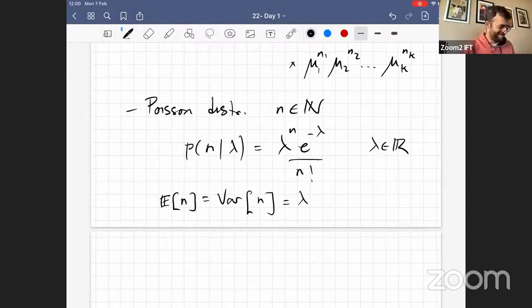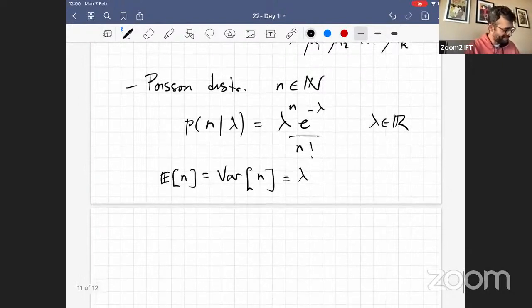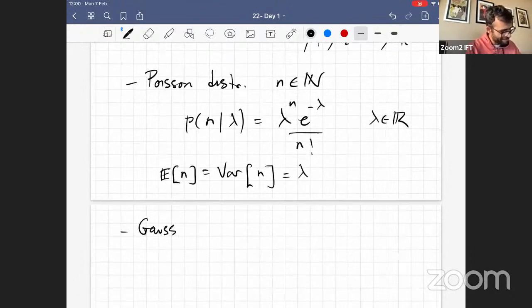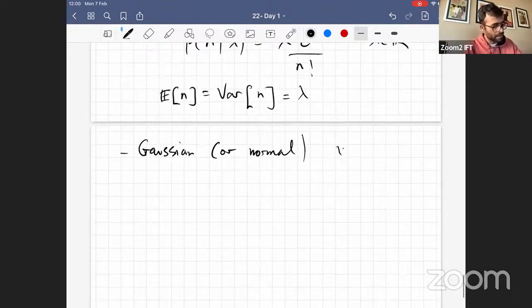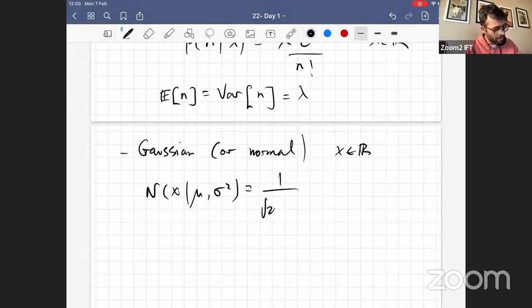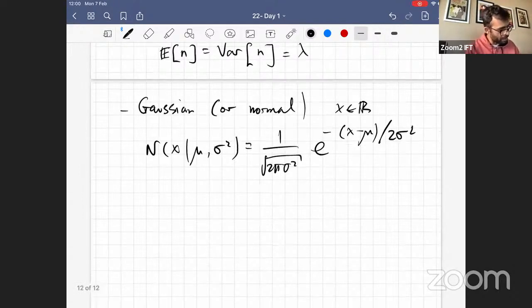And finally, the Gaussian, or normal distribution. This is describing now a real variable. I'm just writing it here, but of course you know the shape of the distribution: e to the minus x minus mu, like this. This is for the univariate case, but in the multivariate case,